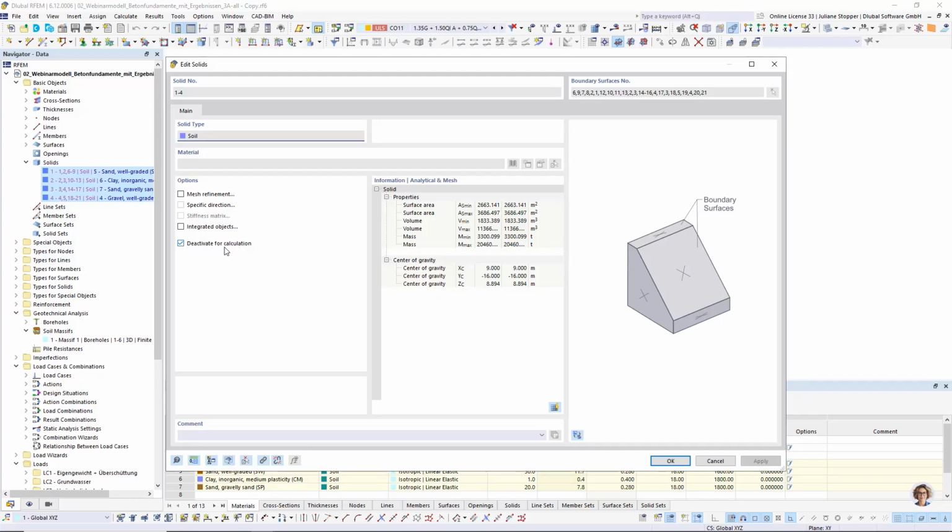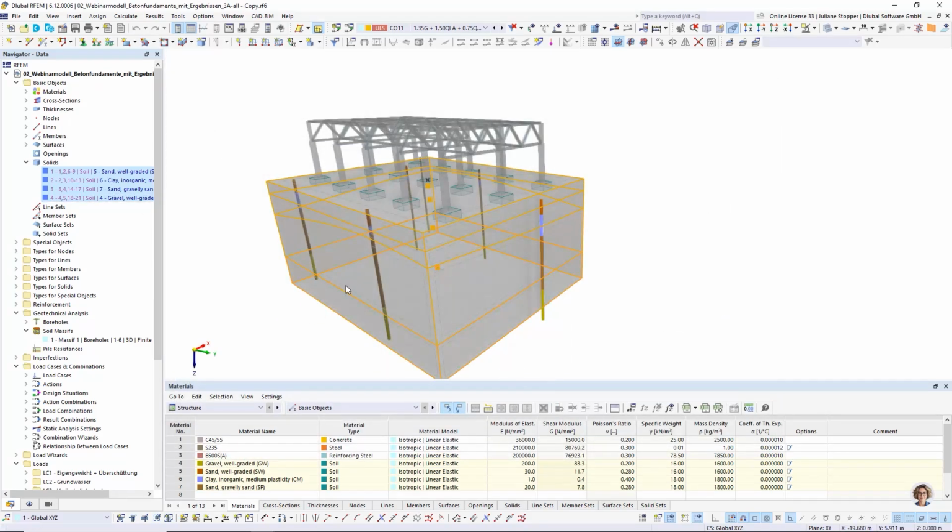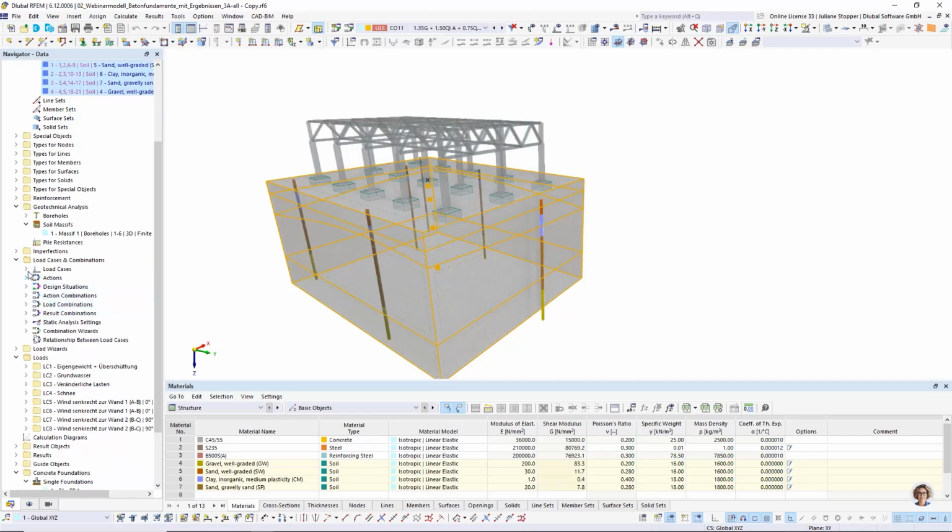This is one important setting, as it saves some time if these solids are not calculated, and it is not required to do the 3D analysis for the soil if you just want to have the info about soil layers for the foundations. This is the one setting that you should take care of, and the other one is that